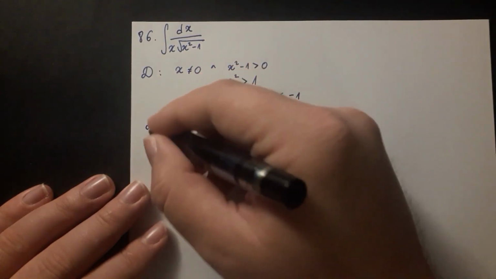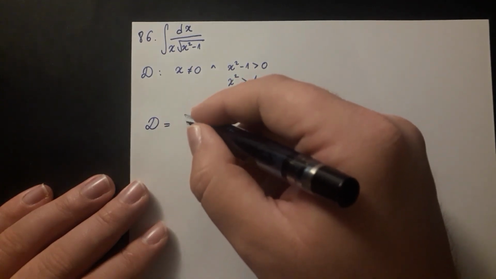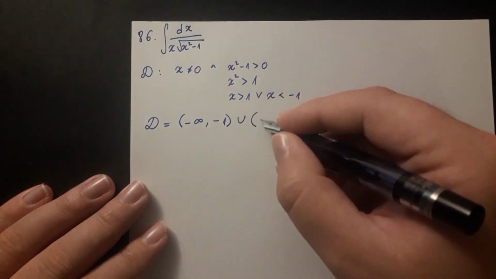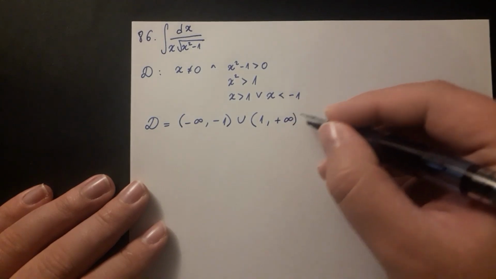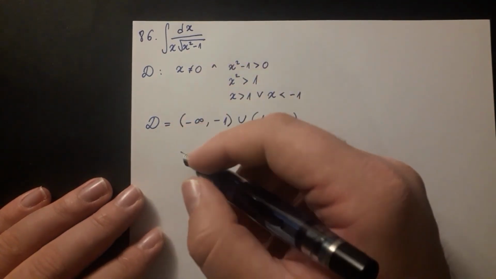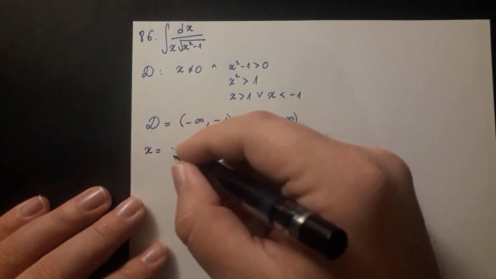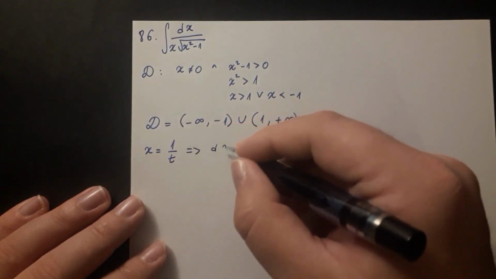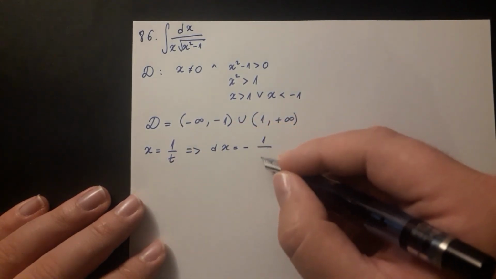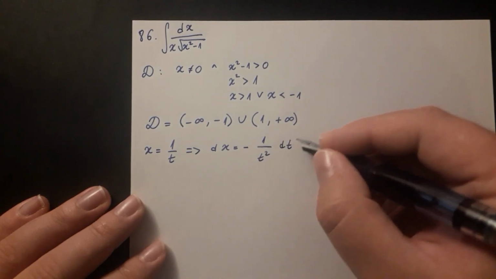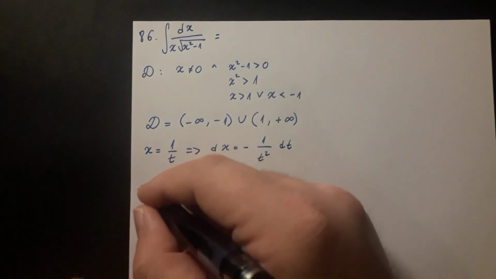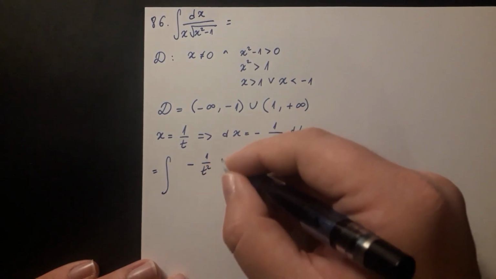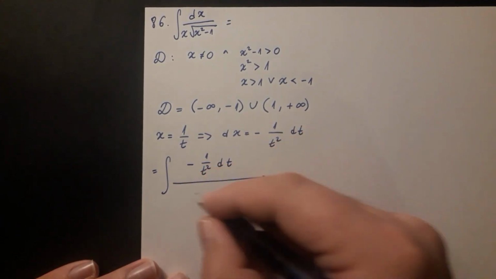The area in which this integral is defined is the interval from negative infinity to negative 1, union the interval from 1 to positive infinity. Now this integral can be solved using the substitution x equals 1 divided by t, which means that dx is equal to negative 1 divided by t squared dt. This integral is then transformed into an integral of negative 1 divided by t squared dt divided by